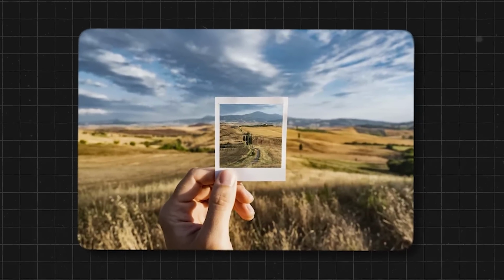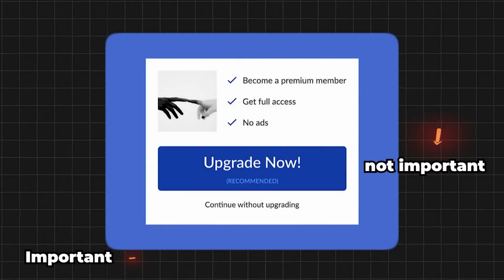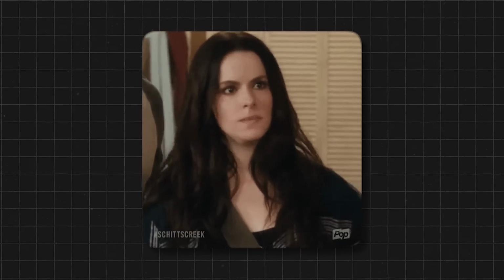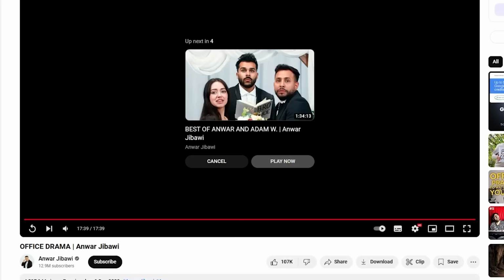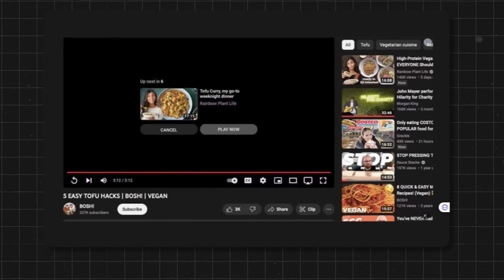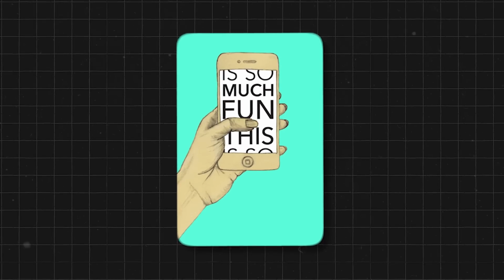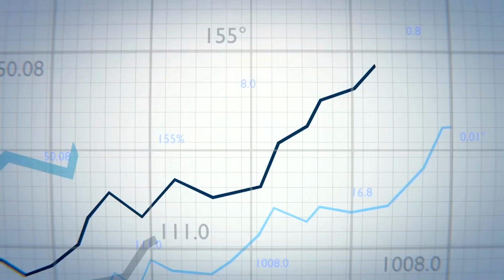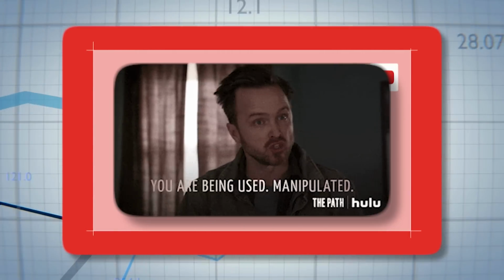This tactic is rooted in inattentional blindness, the cognitive phenomenon that causes us to miss important details when we're focused elsewhere. But misdirection isn't limited to low-cost airlines. YouTube uses this tactic in its autoplay feature. After you finish watching a video, the next video begins playing automatically, often pulling you down a rabbit hole of content. The option to turn off autoplay is intentionally small and easy to miss, keeping you engaged on the platform for far longer than you might have intended. YouTube profits from your extended viewing time as more ads roll in, and you barely notice that you've been manipulated